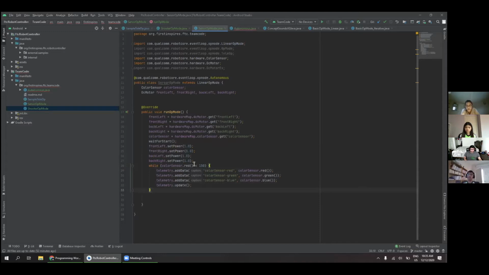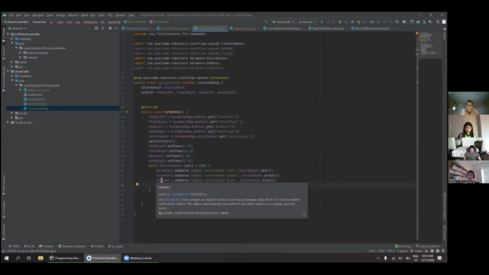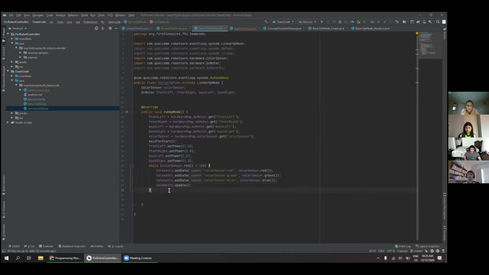Don't do anything with the motors. Once we set the power to 1, just don't do anything. So this code will constantly run. All it'll do is tell the driver station how much red, green, and blue it sees, but it isn't changing the power of the motor. So the robot is going to continue to move forward continuously. Then once you finally cross that threshold and end up having more than 150